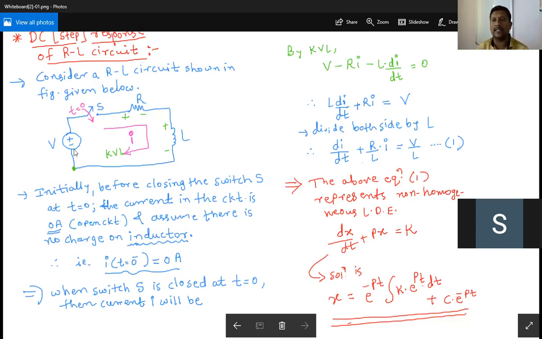If you observe minus first, you write the positive value. If you observe plus first, then you write negative. So minus to plus, that is plus V. Next, come here, plus to minus is there, that's why minus. Next, how to find the voltage drop across the resistor? That is R into this I. Next, plus to minus is there, that's why minus. So how to find the voltage across